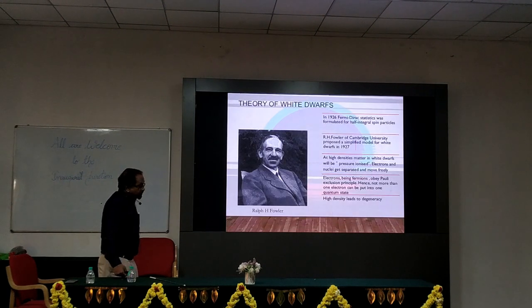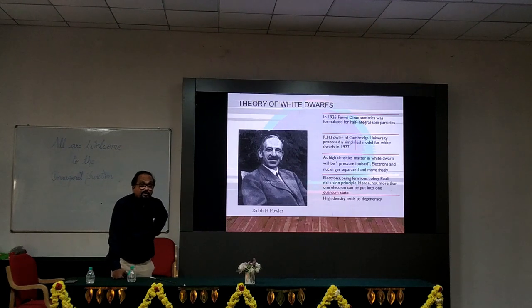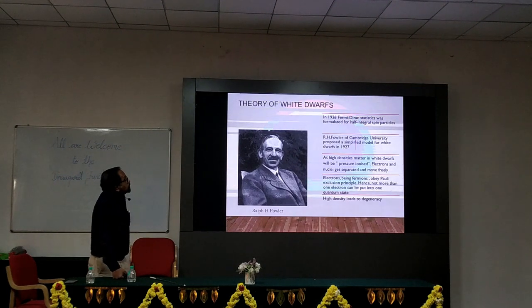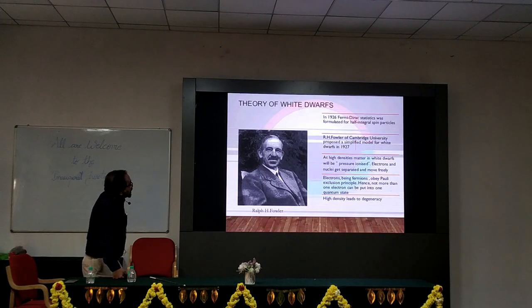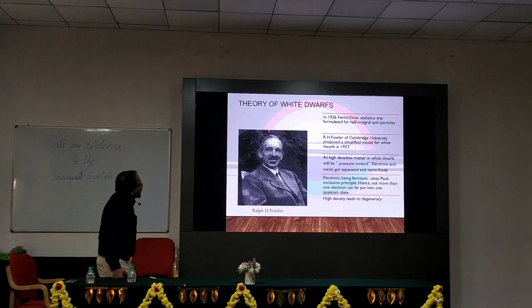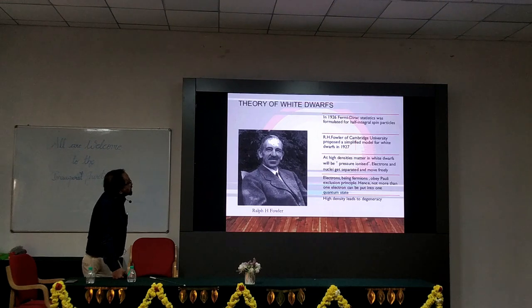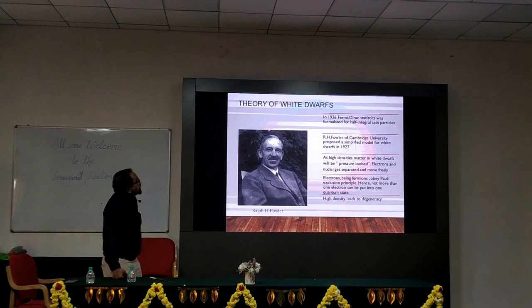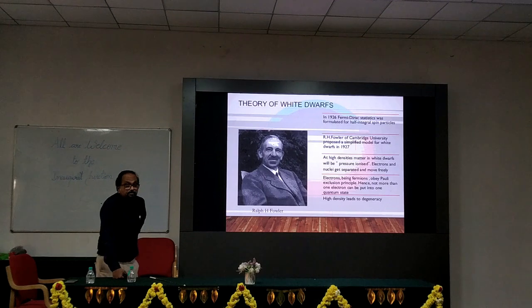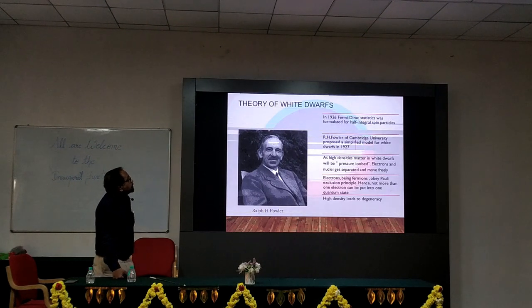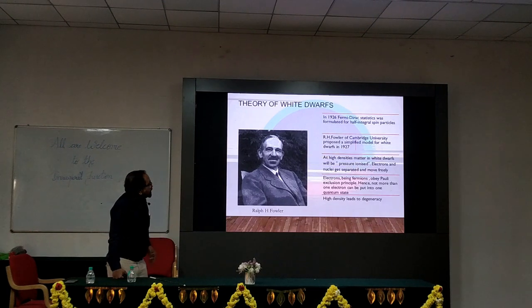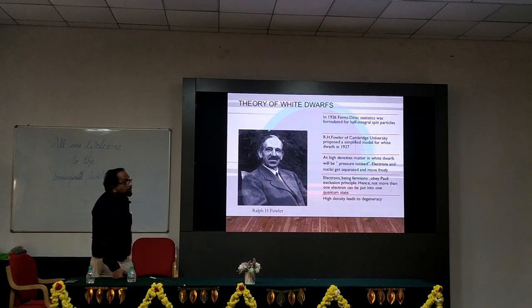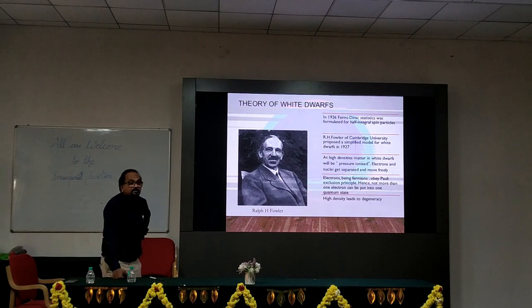So now, having understood some of the properties of white dwarfs, let us see how one can give an explanation for their properties, an explanation for their stability. And this was first given by R.H. Fowler, Ralph H. Fowler, in 1927. As you know, in 1926, the Fermi-Dirac statistics were formulated for fermions, half-integer spin particles. And immediately after that, it occurred to this gentleman that it is this Fermi statistics which is